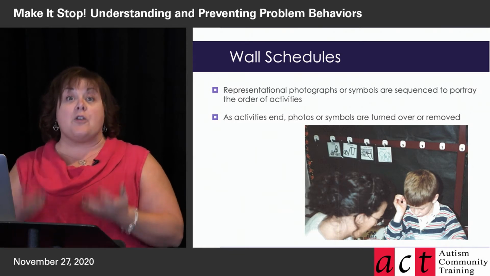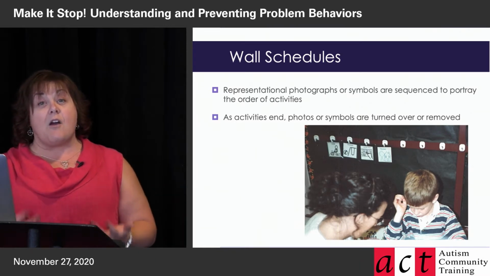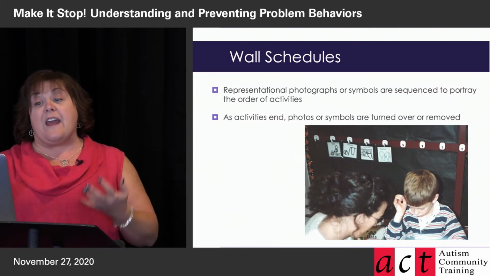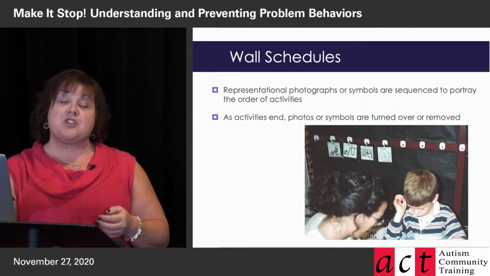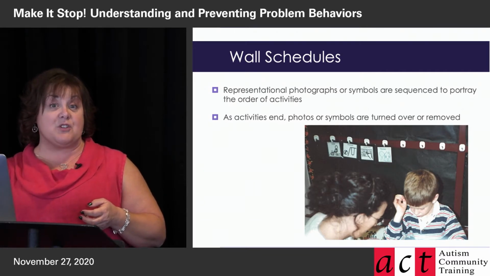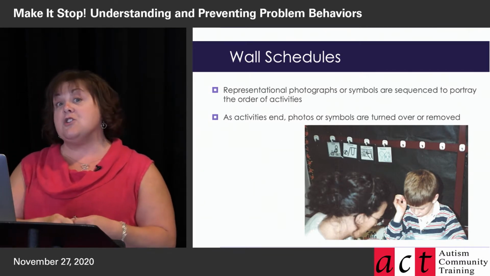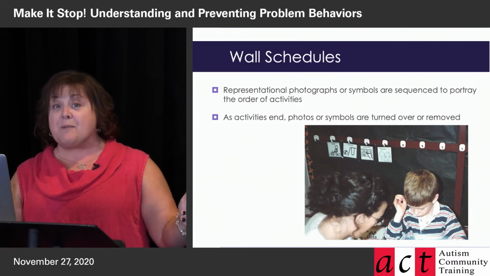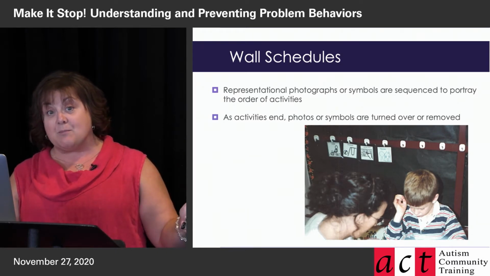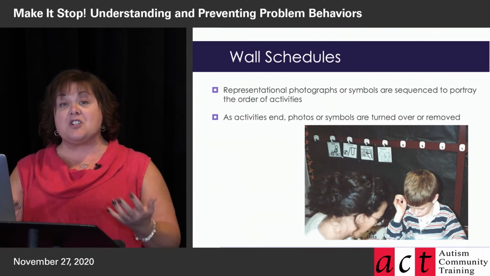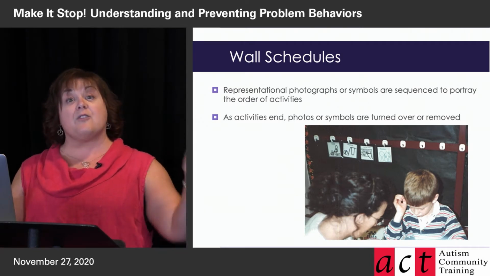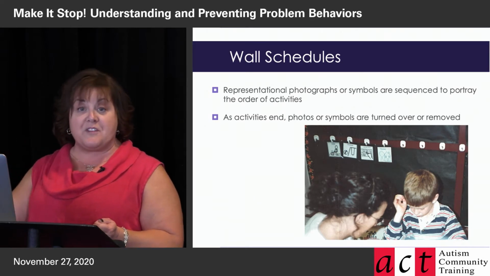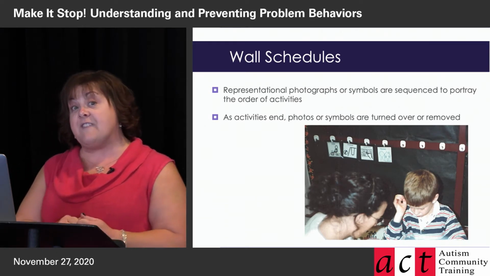If you're using photographs, larger photographs, or you're using larger communication symbols like the ones that you see in the image here, you can just put them up on the wall. So in this picture, you see that there are hooks and all of the symbols are sort of put on hooks. You can use Velcro. Again, if you're in a home and you want to use your fridge as the place to keep your visual schedule, you can print out your symbols on magnets. And essentially, as activities are done, you can either turn them over if you're using hooks or take them off of the Velcro strip and put them in a box or an envelope to signify finished, okay?